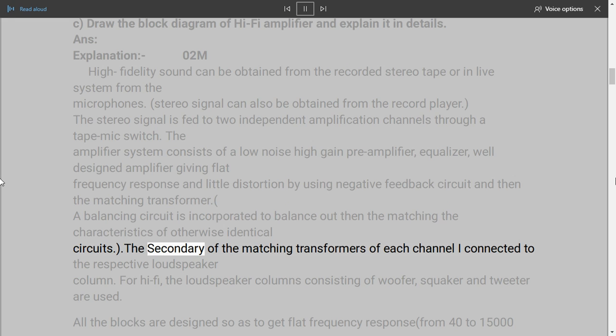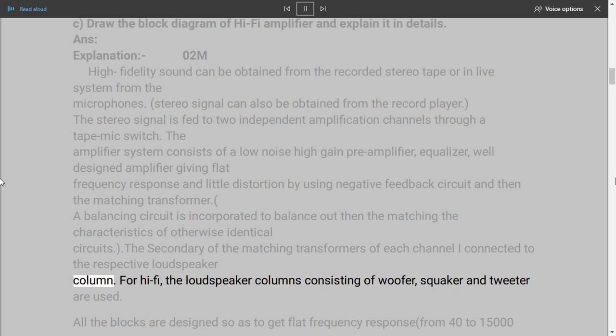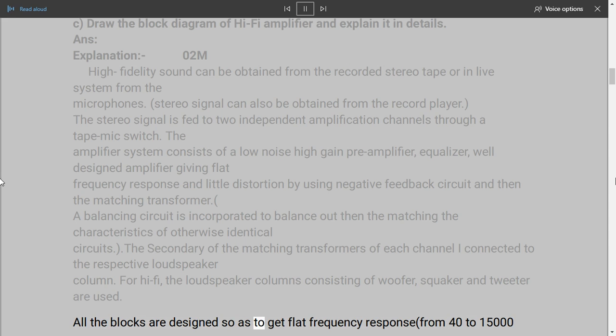The secondary of the matching transformer of each channel is connected to the respective loudspeaker column. For hi-fi, loudspeaker columns consisting of woofer, squawker, and tweeter are used. All the blocks are designed so as to get a flat frequency response from 40 to 15,000